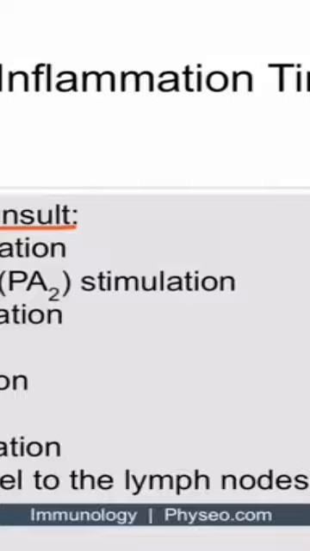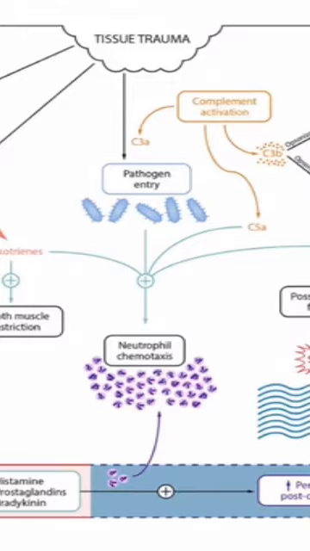One of the first things that happens immediately is mast cell degranulation. Also, phospholipase A2 will be stimulated, and this is what leads to prostaglandins and leukotrienes. Also, there will be complement activation. Then, 24 hours later, there will be neutrophil infiltration. And finally, 2 to 3 days later, there will be macrophage infiltration. Then, dendritic cells will travel to the lymph nodes. Okay, so there's tissue trauma, and immediately we get